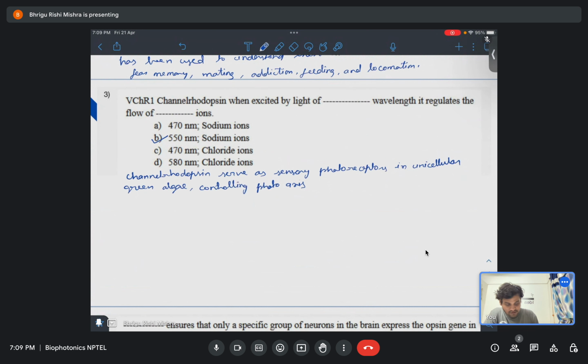What is phototaxis? That is movement in response to light. Okay,